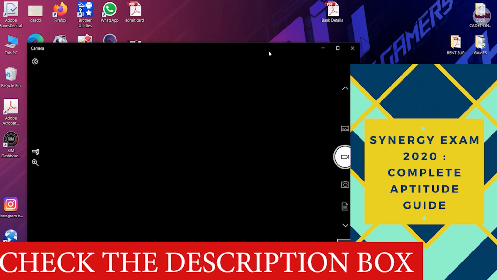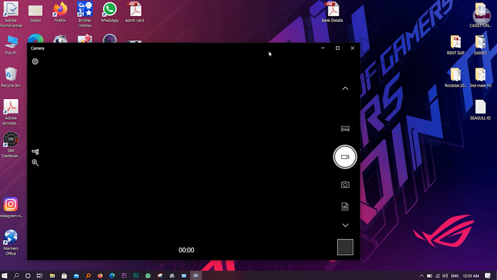I used to have an additional external webcam, but I don't have access to it right now, so that is not showing. But if you have a good camera, you can see your face on this black screen. You will not find this kind of black screen, you will find your own face. So that is the way to check the camera.